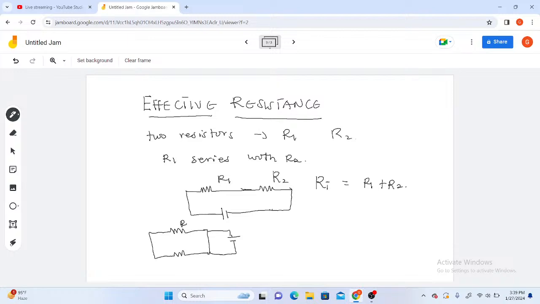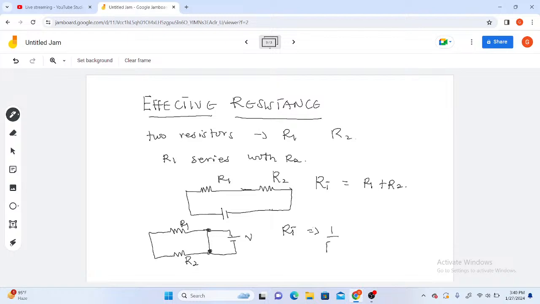So this is R1, this is R2, and this is our source voltage. Since these two resistors are in parallel, because there is a node here, there's another node here, hence the presence of a node is satisfied. And if I traverse through the path of these two resistors, I'm not meeting any other elements, hence R1 and R2 are parallel. But the total resistance or effective resistance of these two resistors is given by